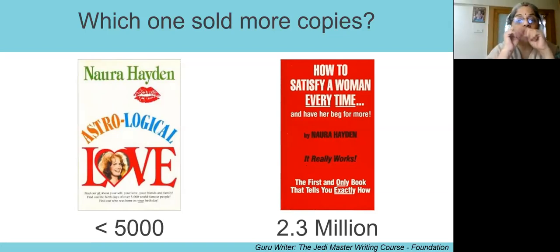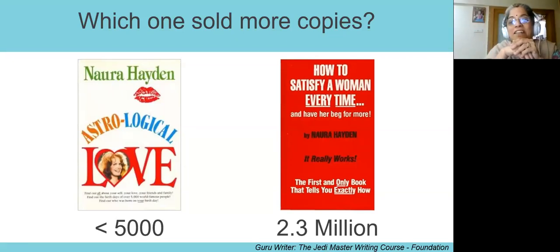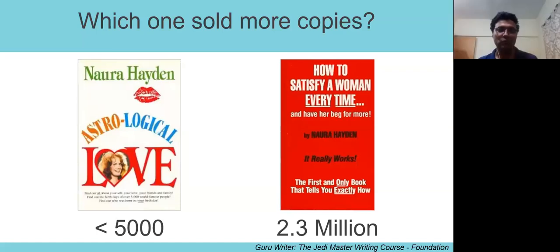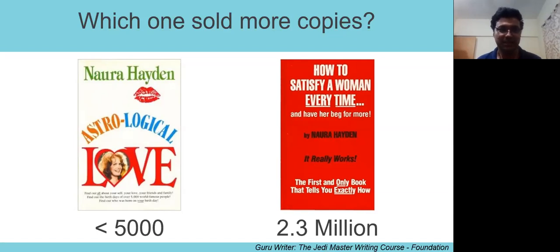Choice of words. Absolutely. Choice of words matter. But why does it matter? Like, what's the difference between these two? Let's dig a little deeper. What is so wrong about astrological love? We can't make out head or tail of what she's trying to say. Exactly. What is astrological? What does it mean? As astronomy and logical and all that. Yes, so correct. It absolutely makes no sense, right?